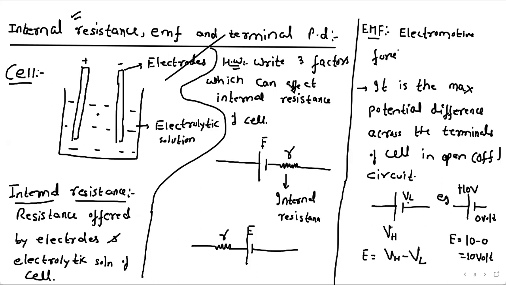Noor, internal resistance is a type of resistance. Resistance is a general term. It can exist anywhere in your internal circuit or in your external circuit. But internal resistance is the resistance inside the cell only. Its unit is same. Its mechanism is same. The only difference is where it exists. This internal resistance exists inside the cell only, and external resistance could be anywhere outside the cell.